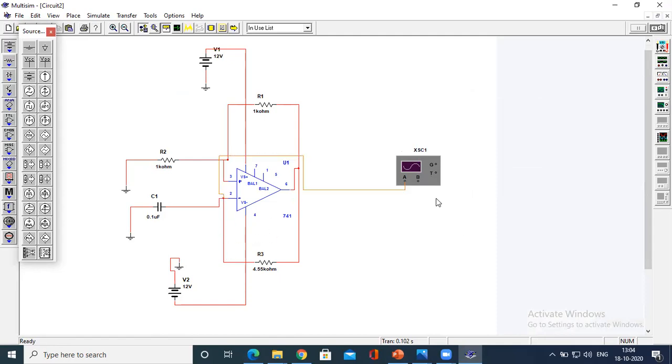I connected it, and another terminal to the 6. Now you could see one is connected. Fine. We have connected CRO over here.